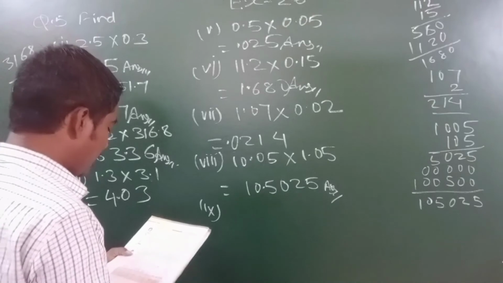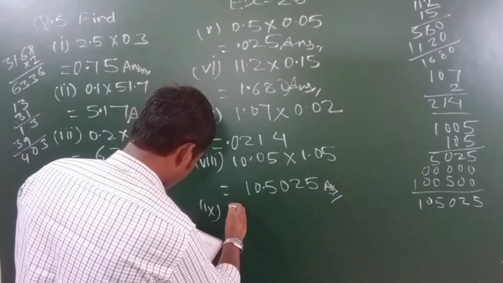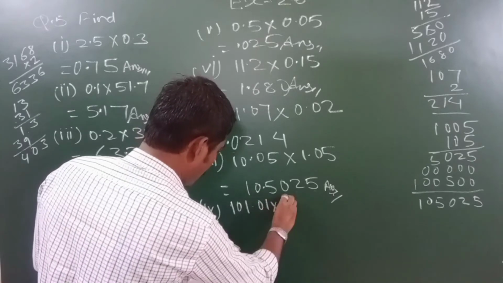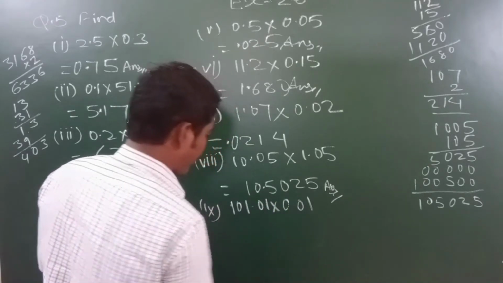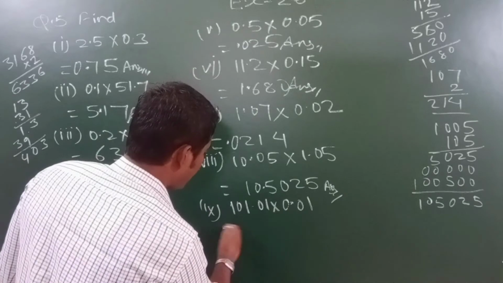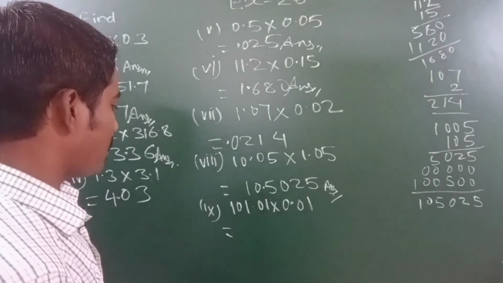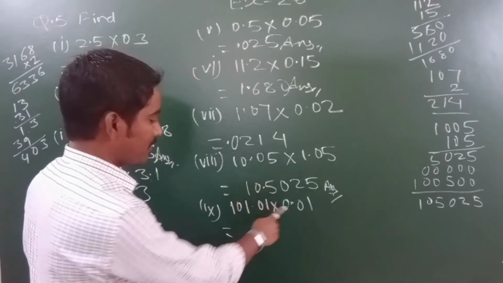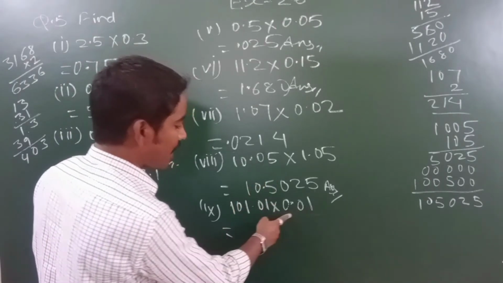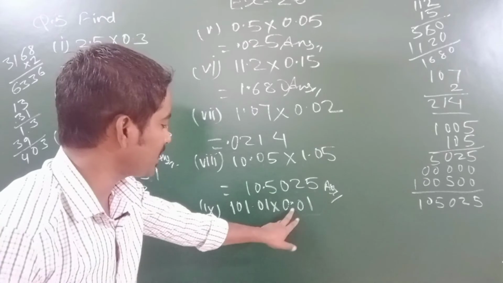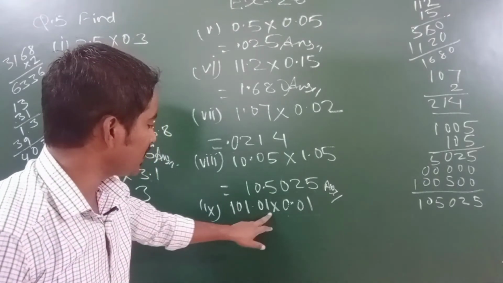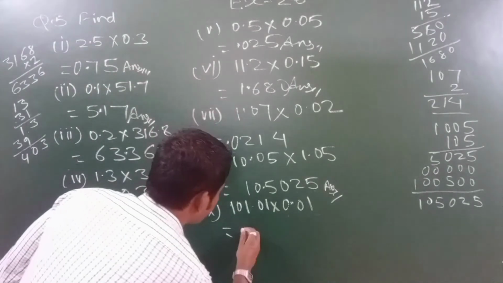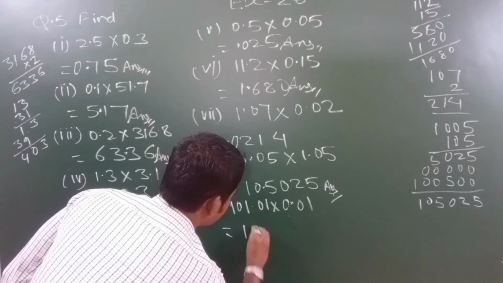Okay, segment number 9 is given as 101 into 0.01. Okay, so if you multiply them, then how much you will get? 101 only, because after multiplication after forgetting the decimal number, here this will become 1, so multiplying that number by 1 will give the same number, right? Okay. So it will be 1 0 1,